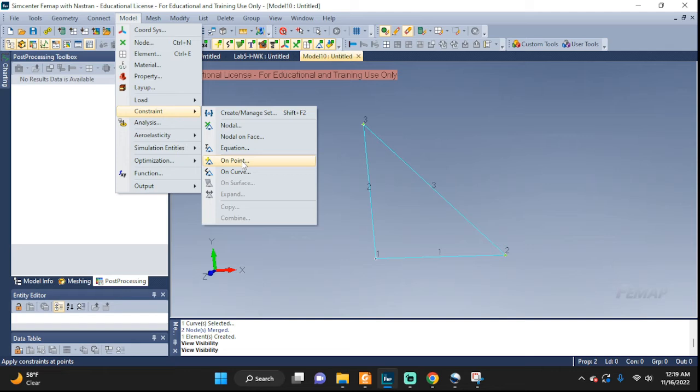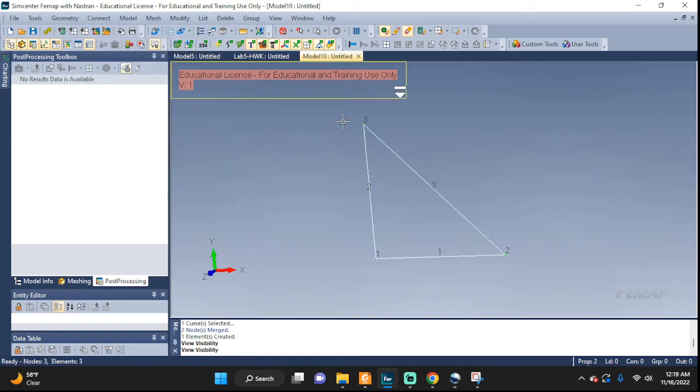Points belong to the geometry. So when we would apply on a point, on a cyan blue geometry, the material that we're working with, that's where it would be applied. If I add a constraint on the node, then it would be applied on the white, on the mesh only. Now, what's the difference between these two? If something goes wrong with your simulation further down the road, let's say you're working on some big project, not on just 3 lines, you're working on some pressure vessel, on a truck or a plane or something, and the mesh goes to crap,